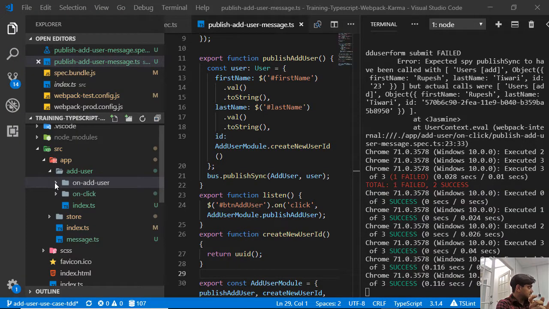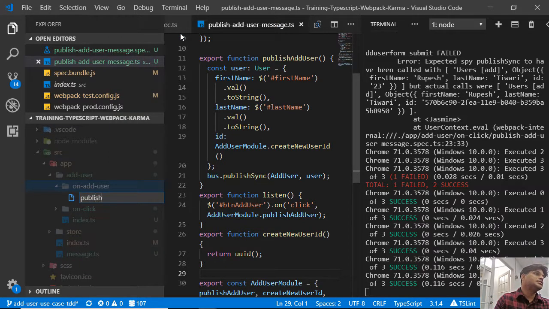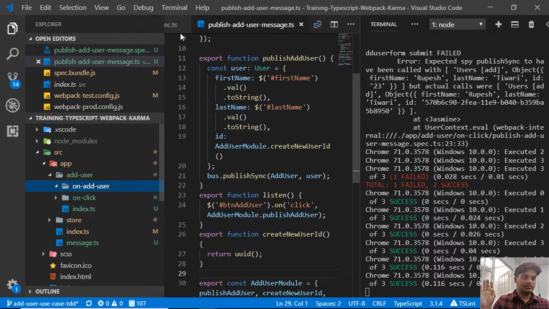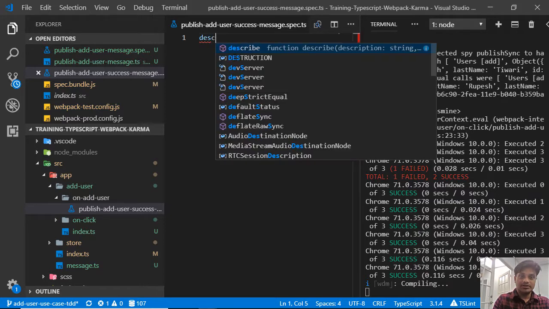Prefixing on the message in order to put my component name. So on add user, what we are trying to do is publish add user success message. I'll create message.spec.ts or something like that, right? Like this. And let's describe this quickly. Help me on this. Describe,